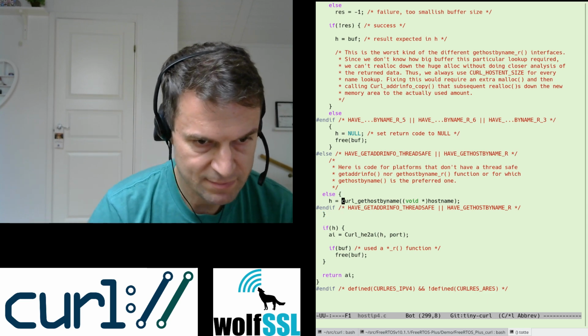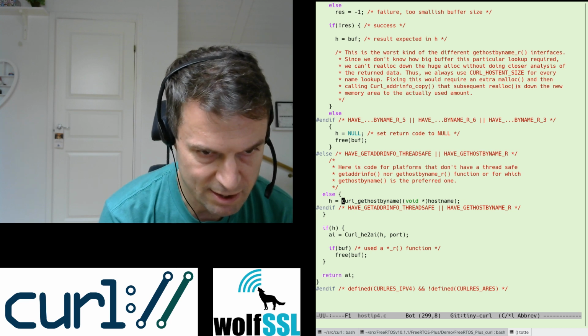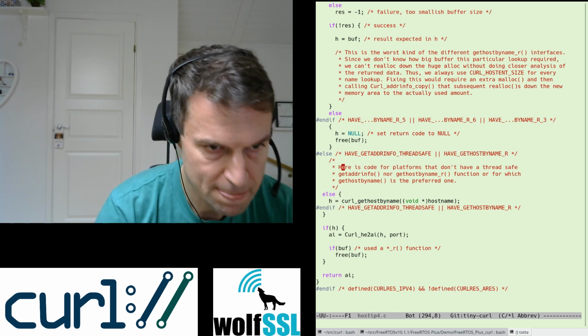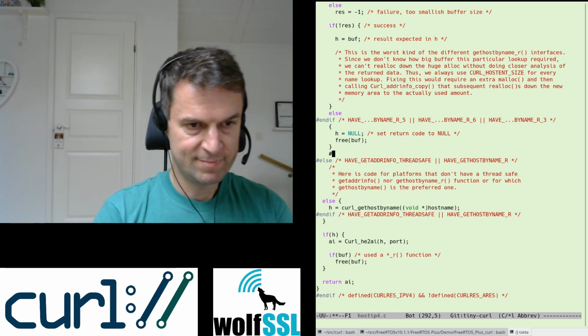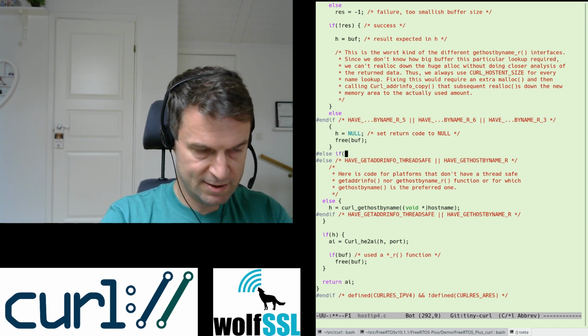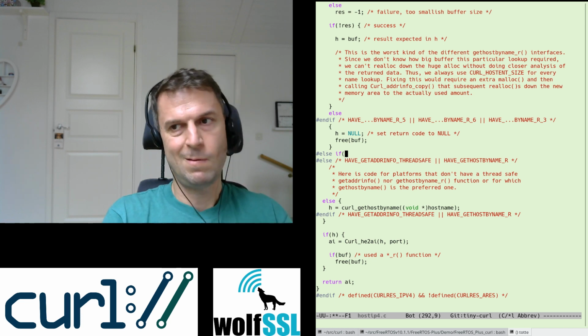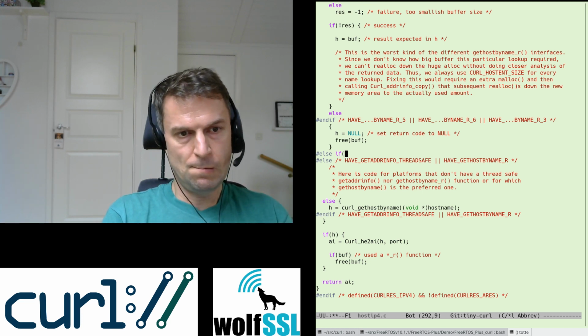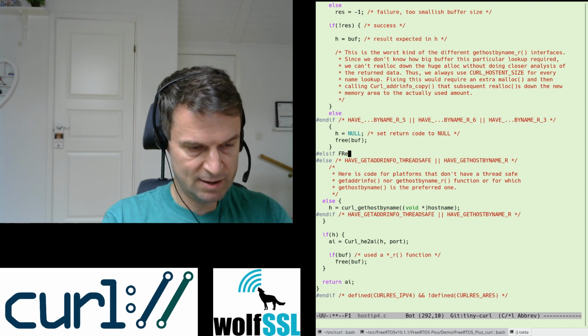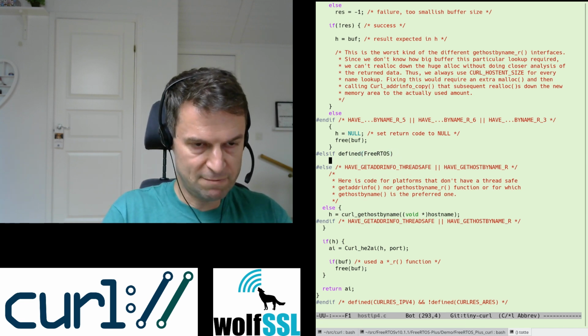So in this case, I think I might then instead do else if defined FreeRTOS. So if we have defined FreeRTOS,